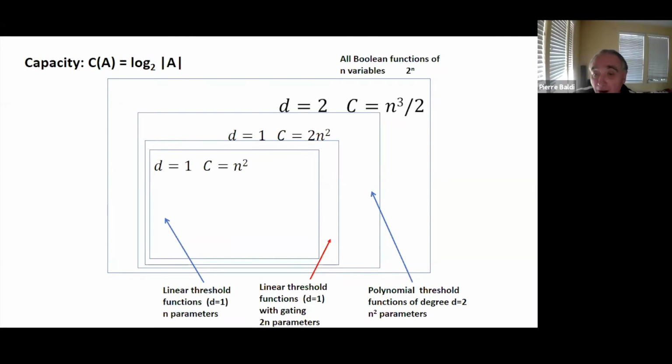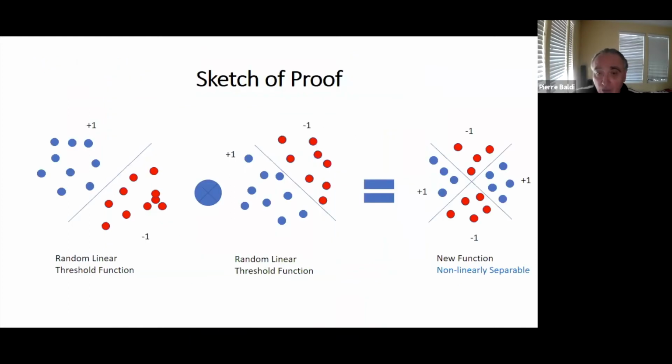And it's all about, are there interesting functions that lie in this expanded box, that has double the capacity, that are useful for particular problems. The way you show things like this theorem about 2n squared is, intuitively, you take a linear threshold function, so it looks something like this. You take another linear threshold function randomly. If you take random linear threshold functions, the two hyperplanes would be essentially orthogonal. And then when you take the product, you're going to get this arrangement, and you can see the arrangement is non-linearly separable.